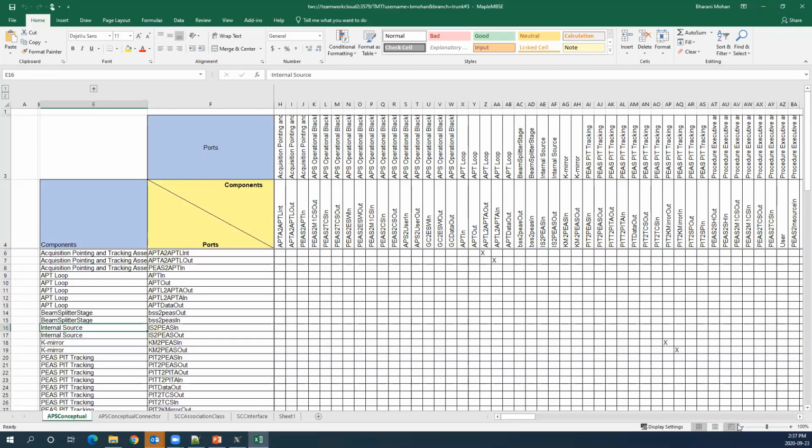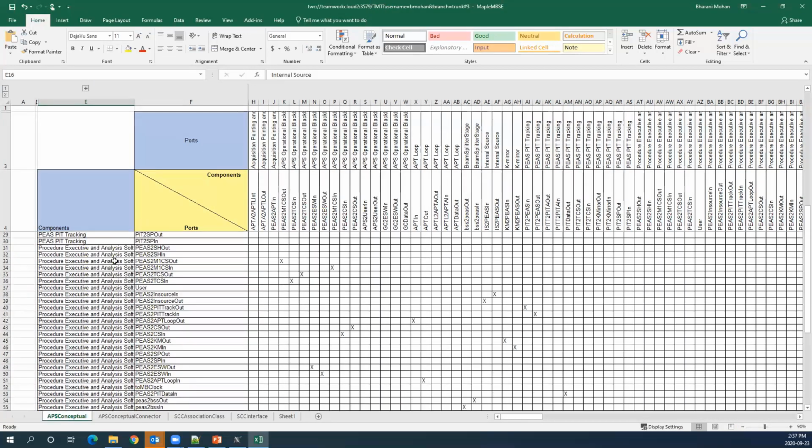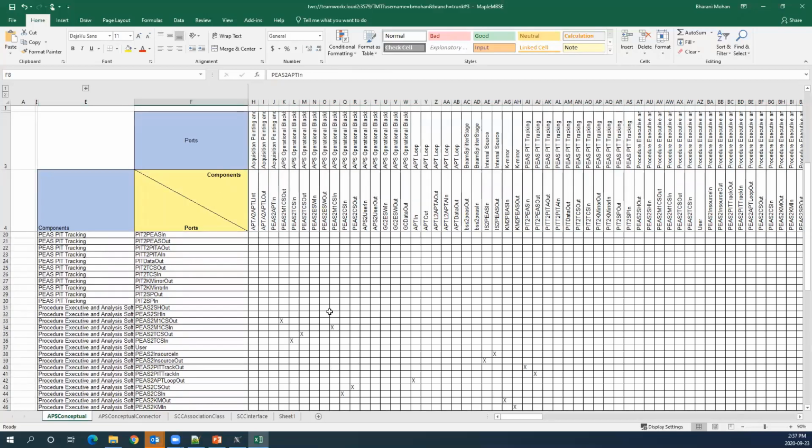This is a view where, as you can see on the top, I'm connected to the 30-meter telescope model. We are seeing the list of components and the different ports. The same information is displayed here on the rows and the columns. I have the component, I have the ports, and the X in the intersection between the row and column defines that there is a connector connecting these two ports.